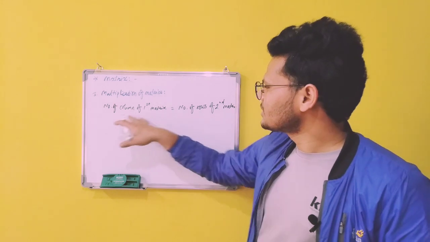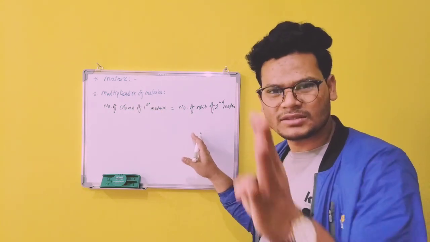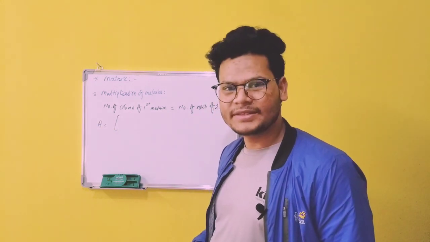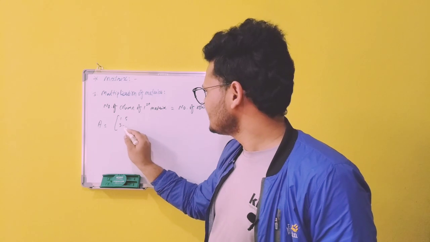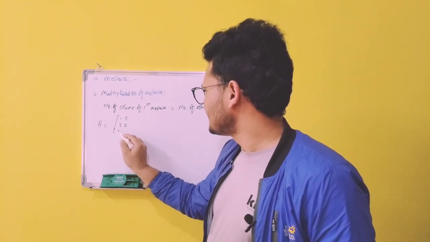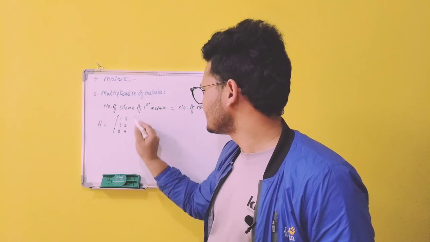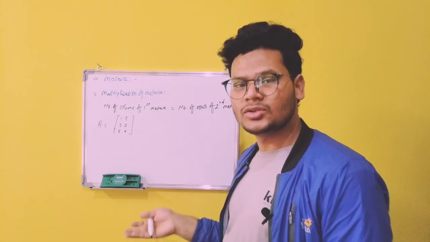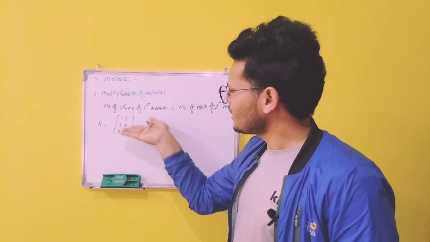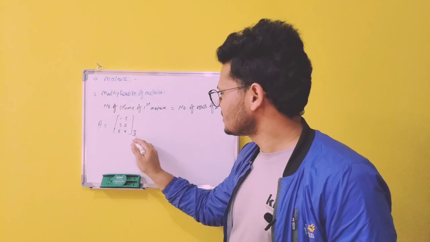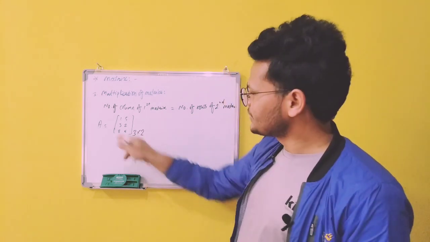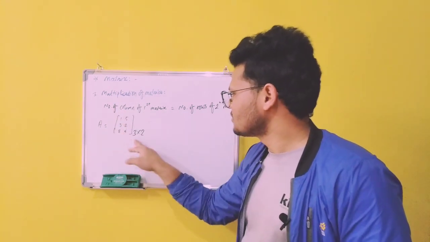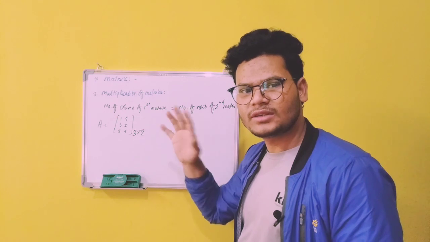And what do the number of rows and columns mean? Just see here. Suppose we have given A is equal to 1 5 3 2 8 5. What is the order of this matrix? It is of course 3 by 2, right? Because we have given 3 rows and 2 columns: first row, second row, third row, first column, second column. 3 by 2 is the order of this matrix.